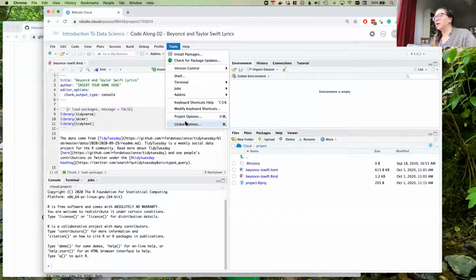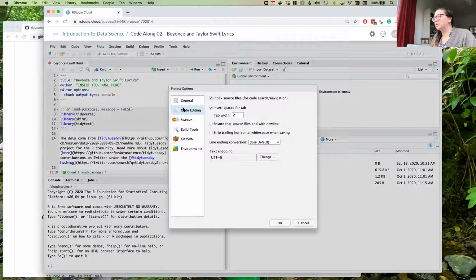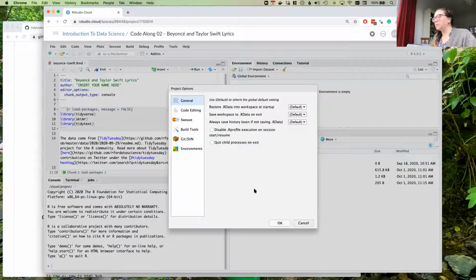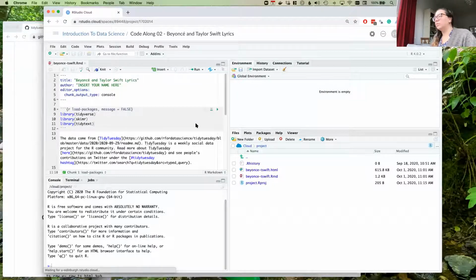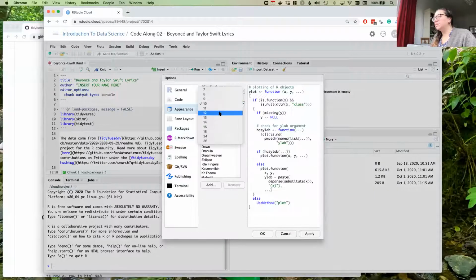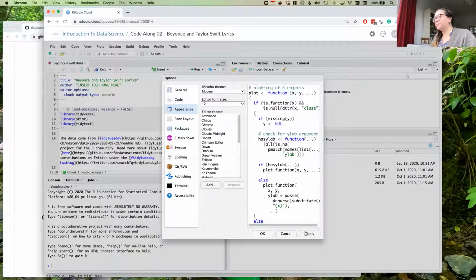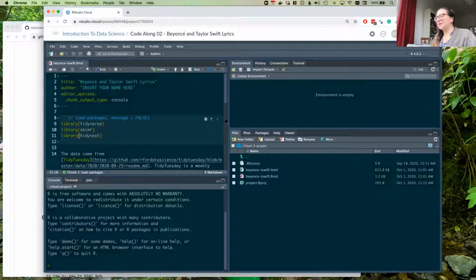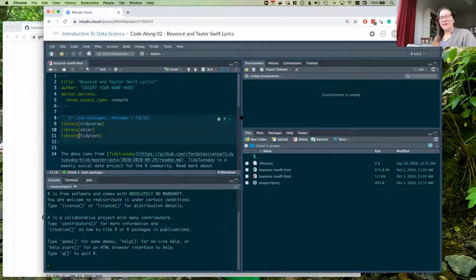Project options. Is this where it is? No, maybe under global options. There we go. We have appearance. Let's make this a little bit bigger. And we can do dark, but then we have to go with my favorite dark theme. So we'll use this one. Okay. All right.